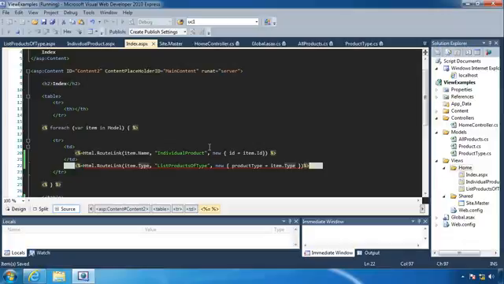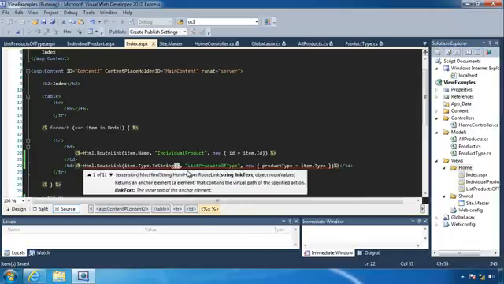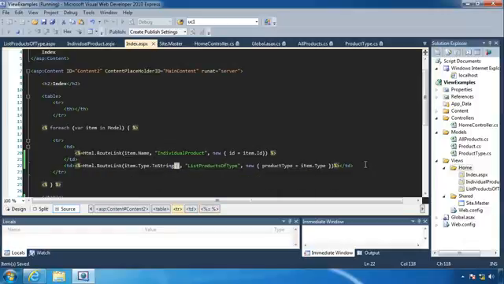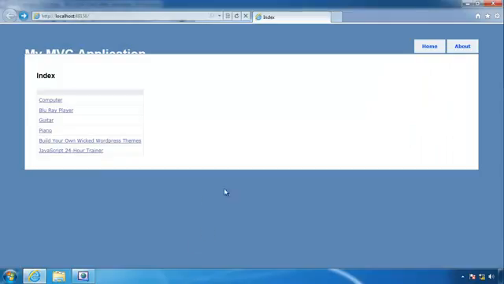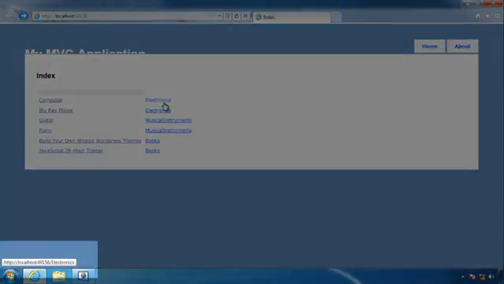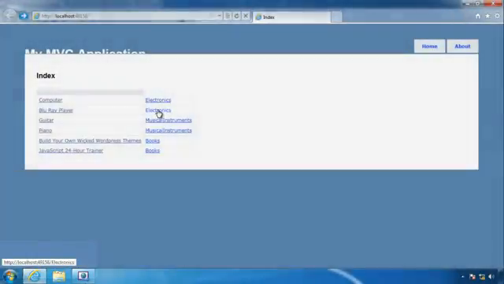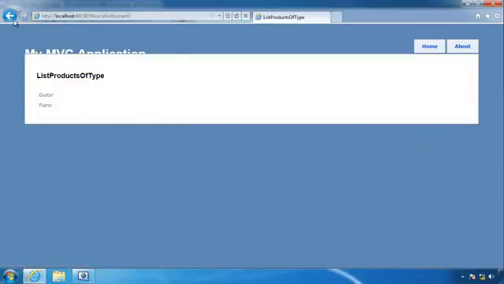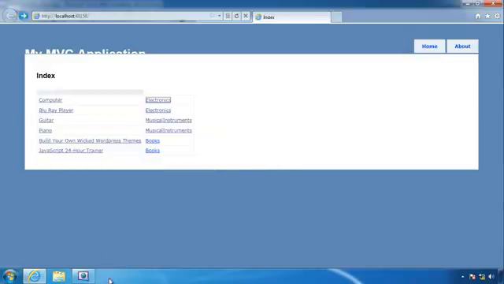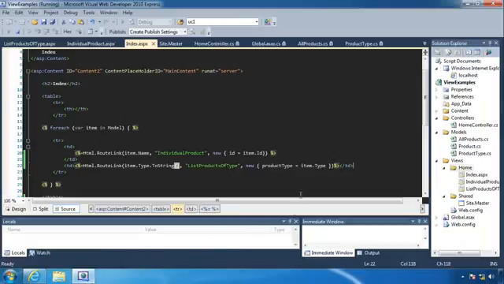So we were generating a link for these, and that red squiggly line is because we need a toString there. And look, that should be fine. So let's refresh this page, and we should get electronics, which is great. If we look down there in the bottom left, we can see that our URL looks good. So if I click on musical instruments, we get guitar and piano. That's wonderful. And electronics, we get computer and Blu-ray. Great. So now we just need to make the same change to